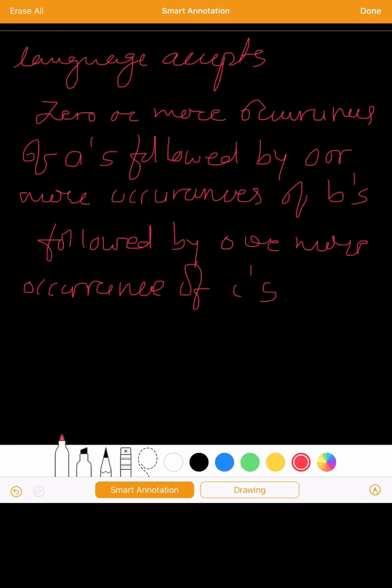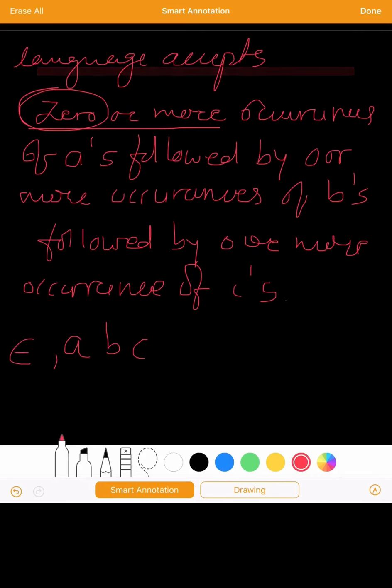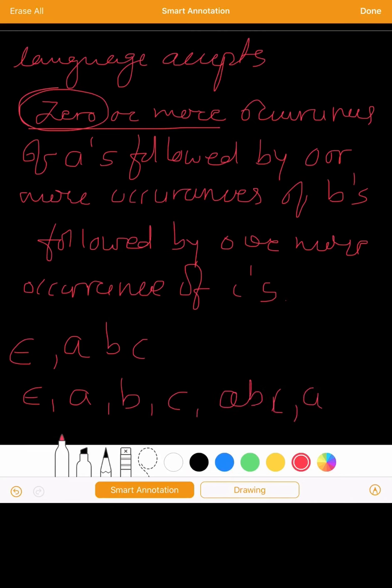Here your string would be A, B, C. Initially, as you can say that your string is 0 or more occurrences, that means here your string can be null. That means it would be represented by epsilon, right? So your string is epsilon, maybe A, maybe B, maybe C, or ABC or AB or maybe BC or maybe